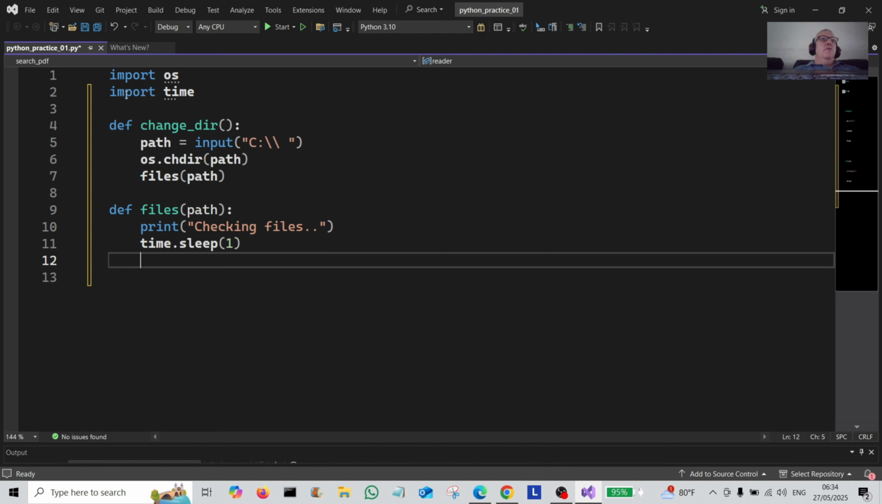So first of all, I've imported OS here and I've imported the time module. Then I've created a function called change directory. I've created a variable and assigned it to input and prompted the user to type in the path. So I'm just going to type in a path there. And once we've typed in the path, we use os.chdir to change the directory into the path that we've typed